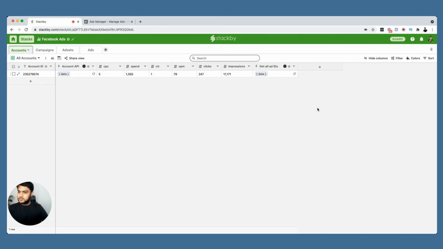Super easy to use. You can get started in less than 5 minutes. Just connect to your account, bring in your IDs, and just sit back and relax and let your reports grow over time. So whether you're managing it for your agency, for your clients, or even for your individual brands, or even within your marketing team, you can easily configure it and collaborate to get things done.